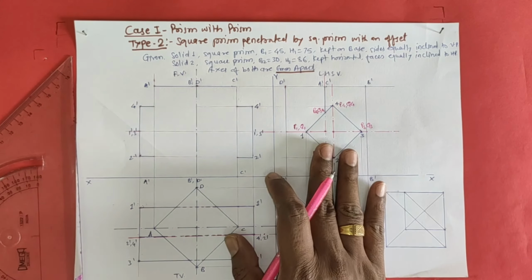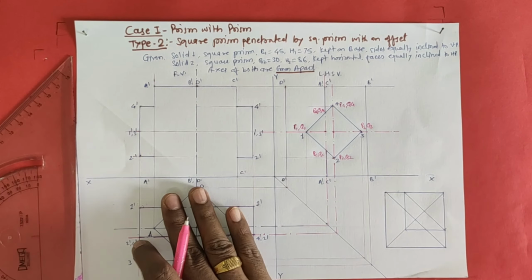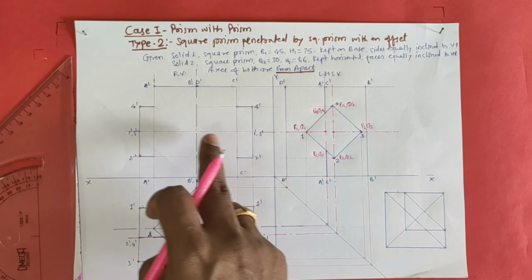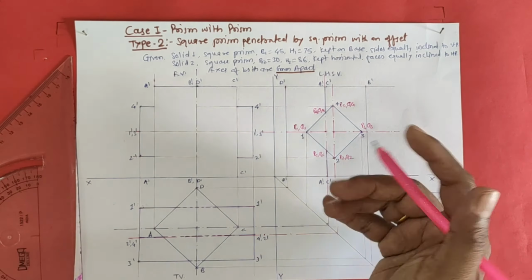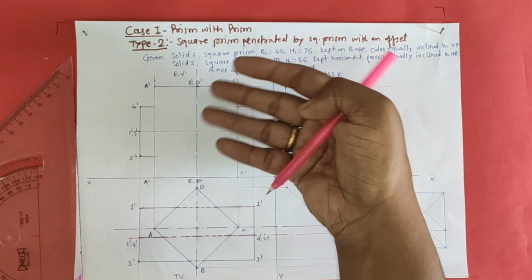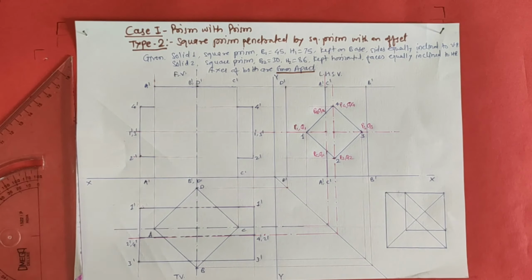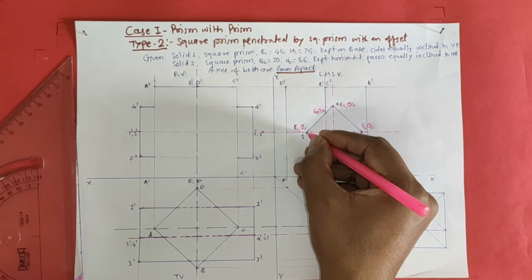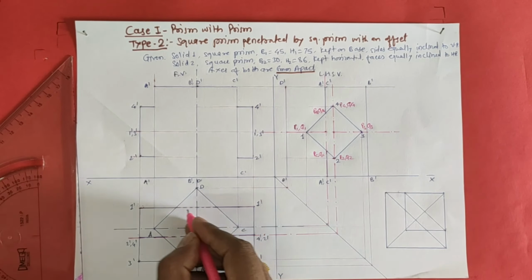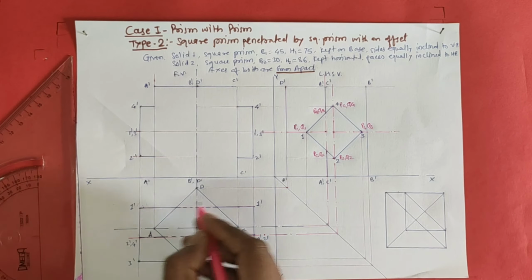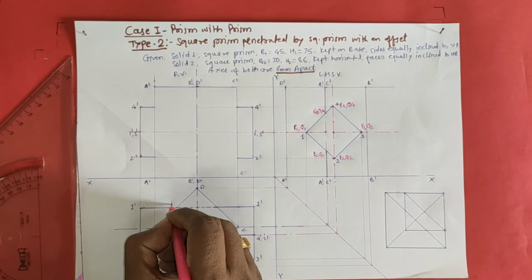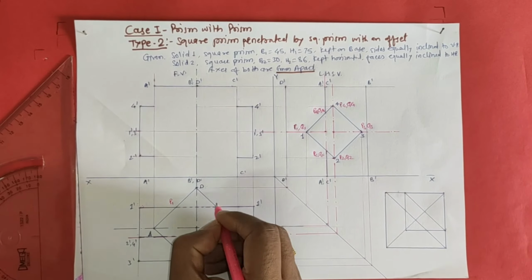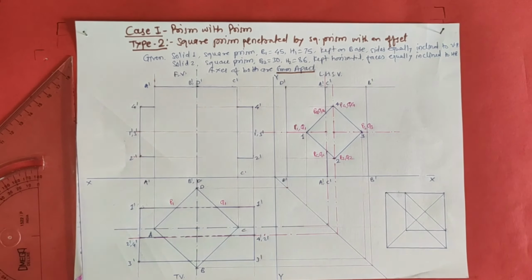Okay, so the third step is completed. Now fourth step is project these cutting points in front view and top view. Now I have to project these points in front view and similarly in top view. Okay, first we will project it in top view. So see, take P1 Q1 point, transfer it to top view. So you will get on 1 line, you will get P1 point here at this point and Q1 point here. So you got two points P1 Q1.